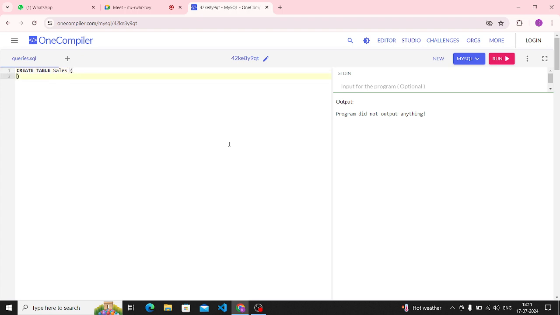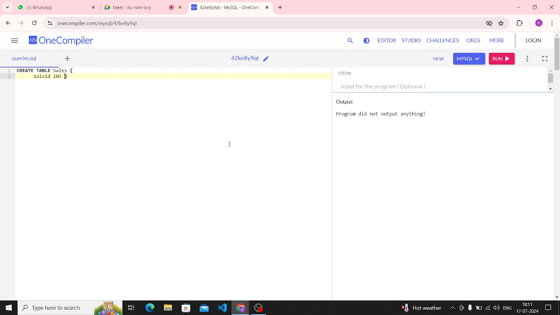Here you have to type the column names. The first column name will be sale ID,